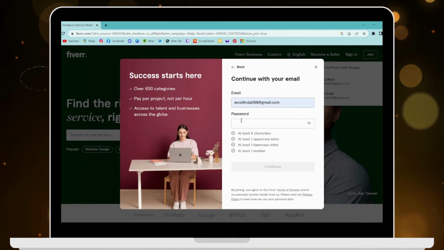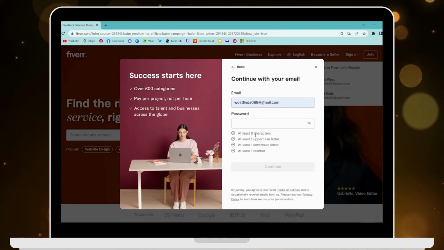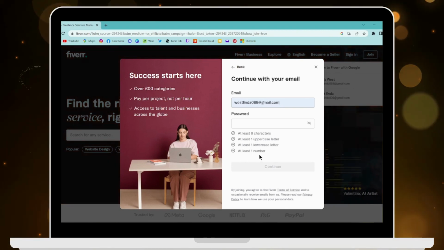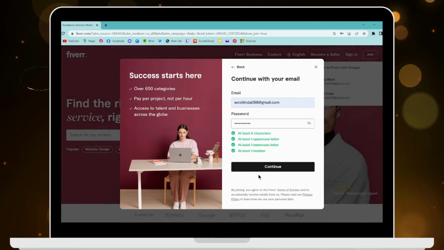and after entering the email you have to create a password, and the password must have at least 8 characters, at least one uppercase letter, at least one lowercase letter, and at least one number. So keeping all this in mind, create a password, and after entering your password click on continue,